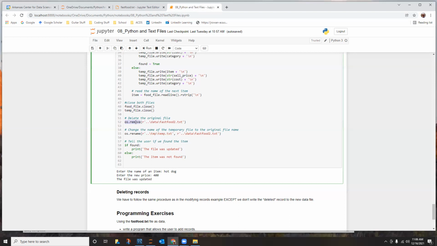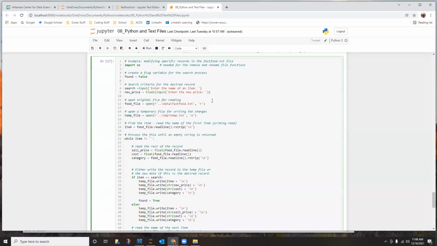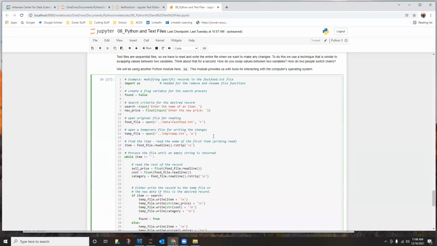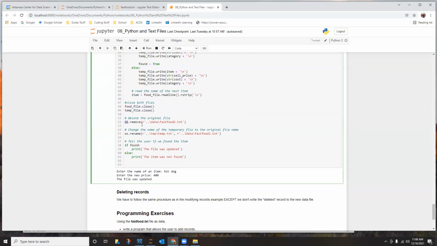You have to work with the operating system because the operating system does all the file management for you. So that's where this command is. It's in the OS library that we imported up here. Import OS. And that remove function will get rid of